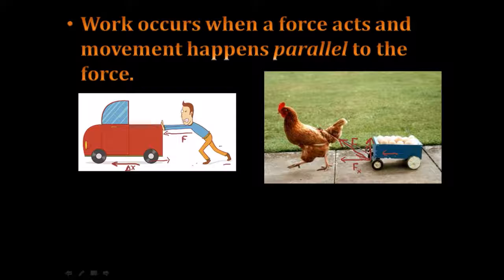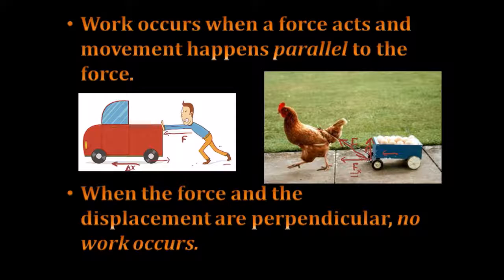The sum of those two force components, and remember you would add the arrowhead to endpoint by taking this one and moving it over here, gives us the original force, but only this part is actually doing any work because the crate is moving to the left, the same direction that the x component is moving. What about this force? Well, it's being exerted perpendicular to the direction of motion, so it's actually not doing any work. When the force and the displacement are perpendicular, no work occurs. Got that? Okay, try to remember that.